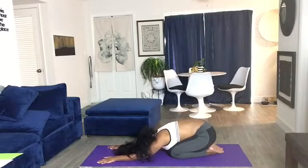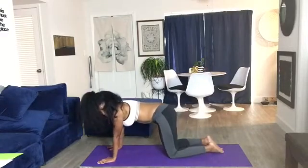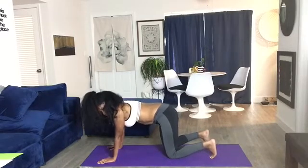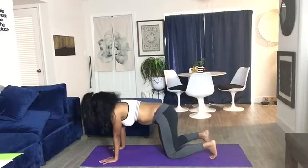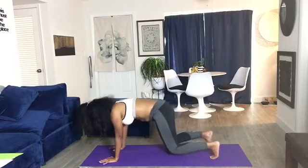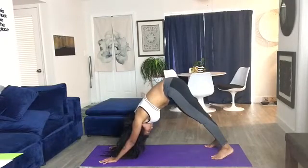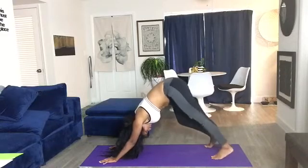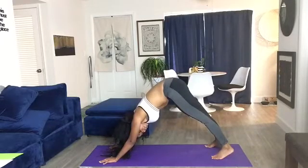Allowing your head to touch the mat if that feels good. Finding what feels right. Coming back up into tabletop position. Tucking our toes. Finding a nice balance with our hands. Pushing up into downward dog, allowing the head to go in between our arms, walking our dog out a little bit, making sure our core is engaged,